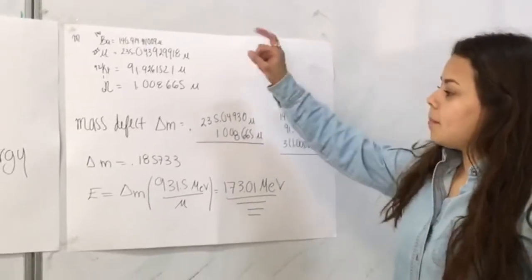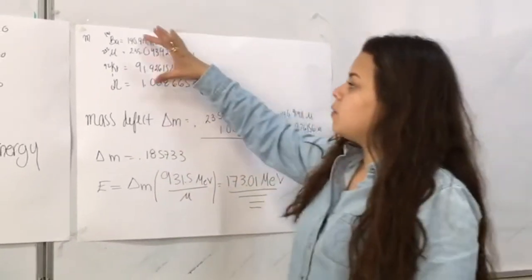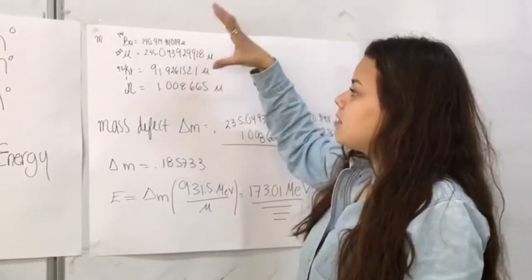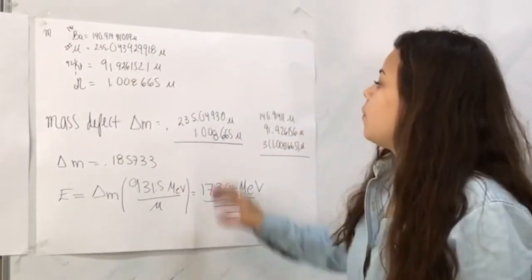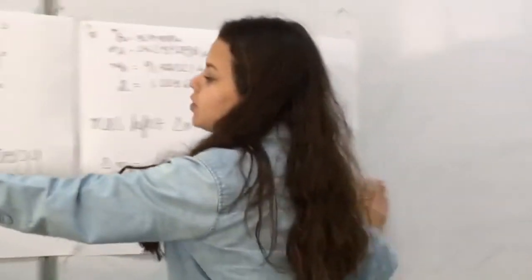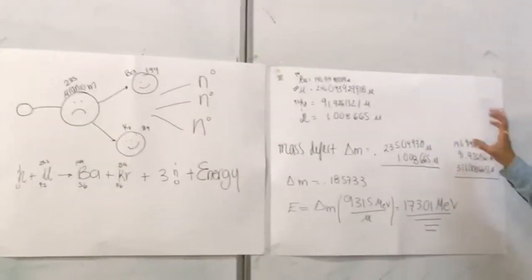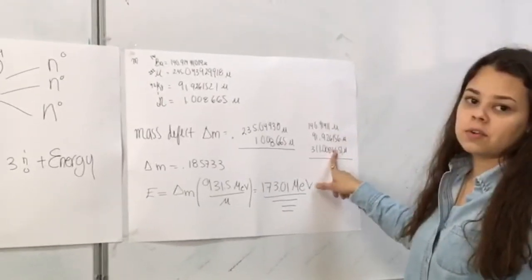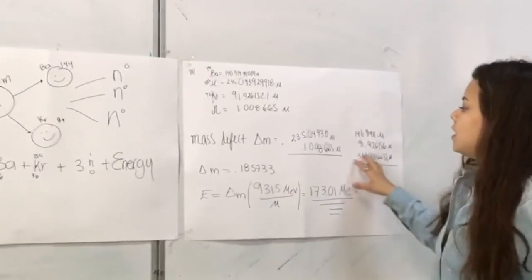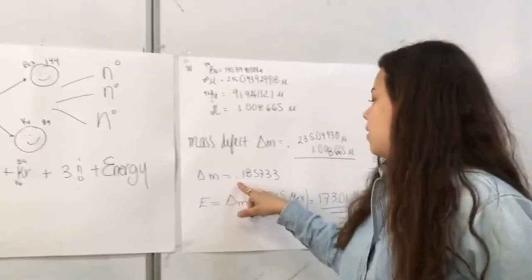So we first have to calculate the mass defect. So we have the masses of each element in atomic mass units. So we sum each side of the equation, that is neutron plus uranium on one side, and on the other side barium plus krypton plus the 3 masses of the neutrons. So this mass defect gives us the value of